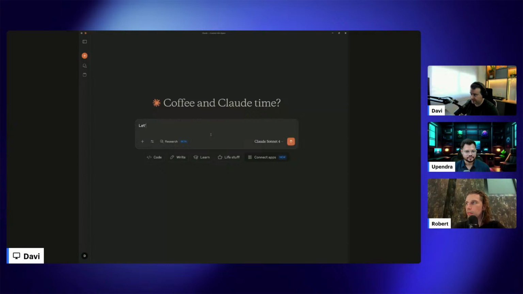So let's start by listing all available COTI accounts.